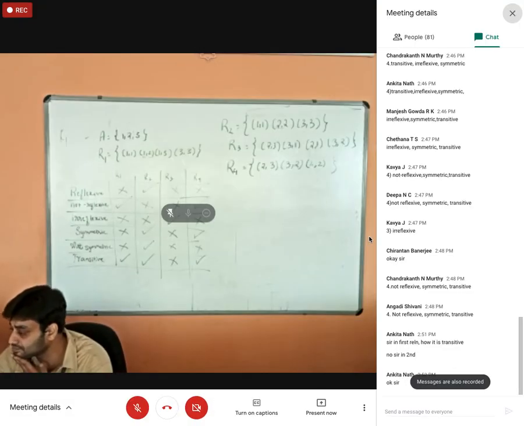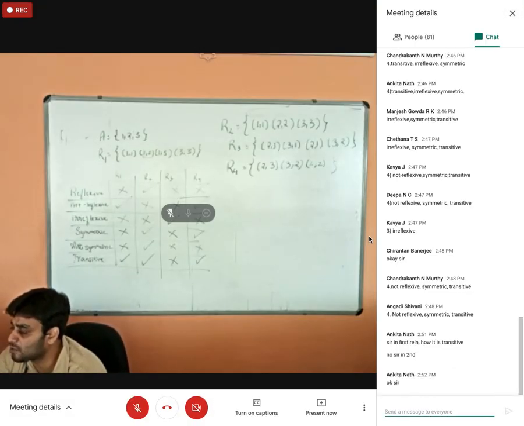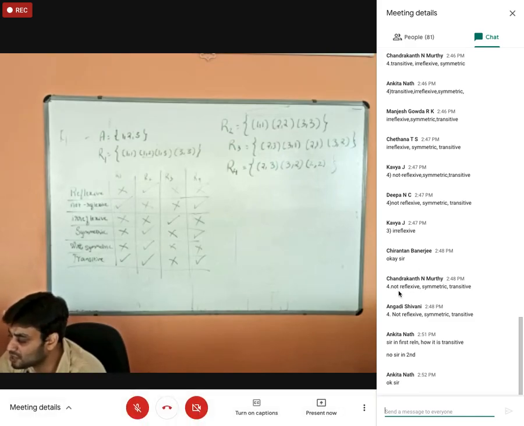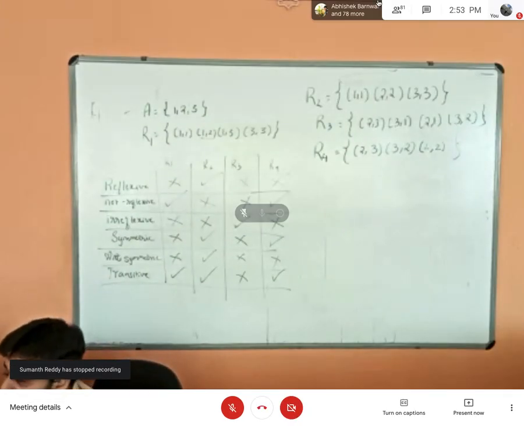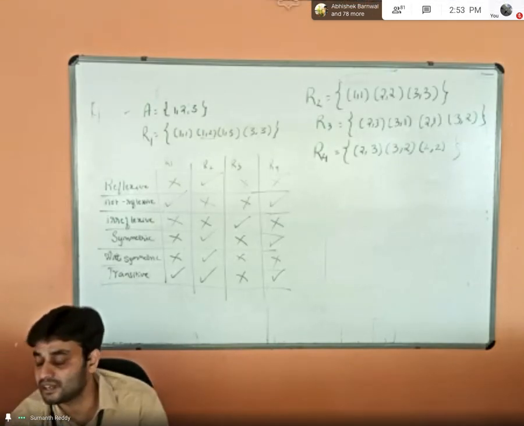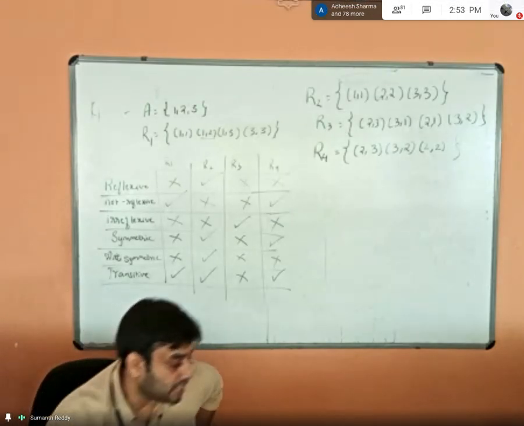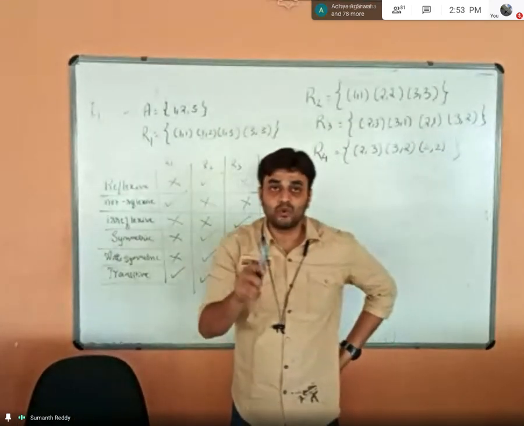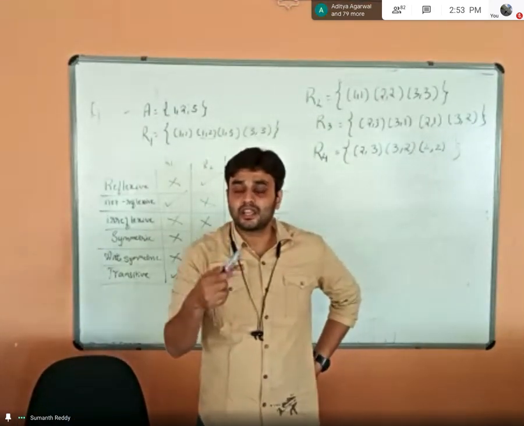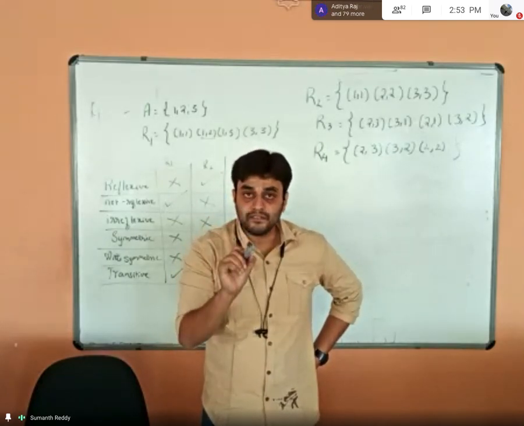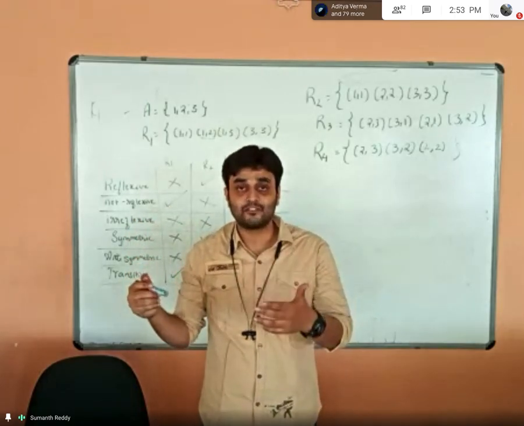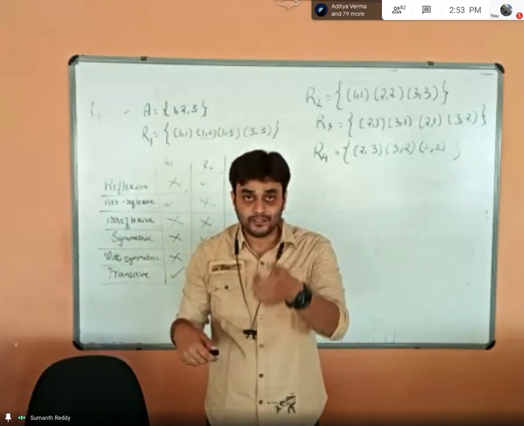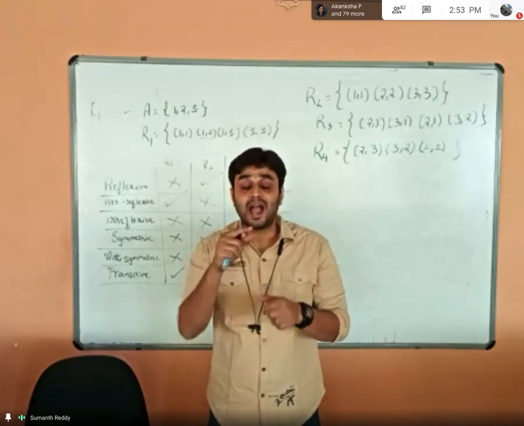I think as I have told you, the problems on the properties of relation usually come, out of every 3 or 4 question papers, in one question paper they might ask. What he will do is he will give the relation himself and he will ask you to prove the properties of the relation, or the nature of the relation. And sometimes he will give only one relation, and he will ask you to verify whether the relation is reflexive, symmetric or transitive. If he asks this kind of question, if you are telling it is reflexive or if you are telling it is not reflexive, you have to give the example also.